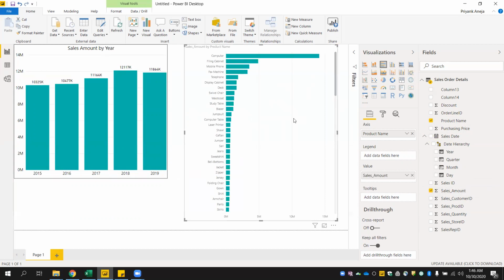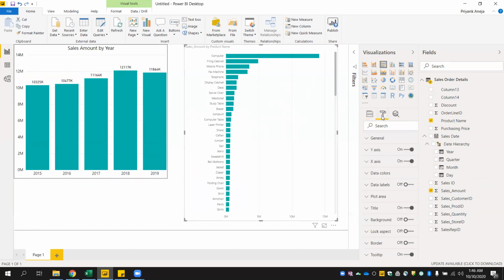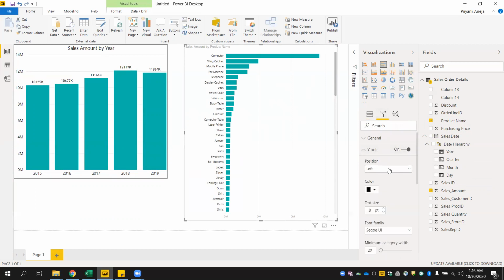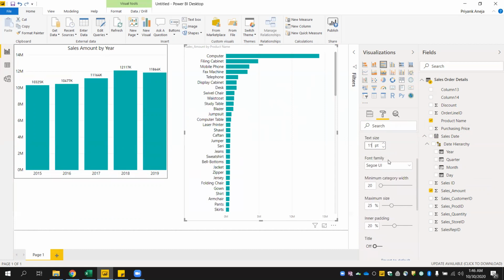It automatically creates a graph. Let's change the settings, change the x-axis, and make it a little bigger. Now if you see, there are so many bars appearing in this chart, which is not looking good, and it's not readable as well.